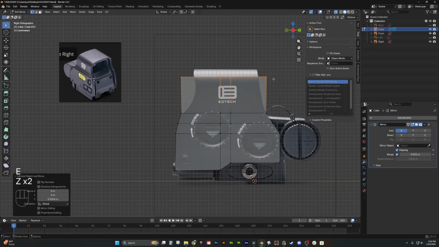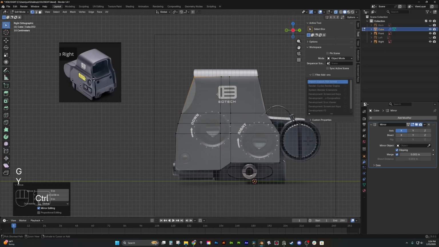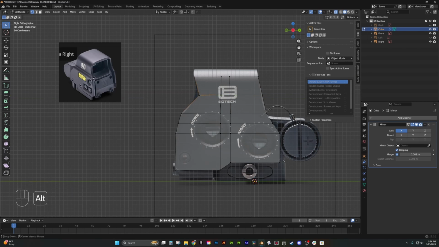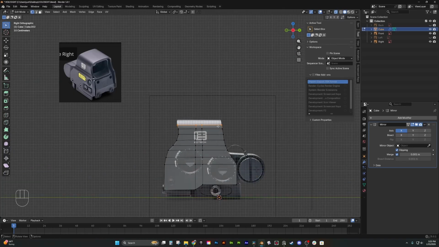I'll lift it up and let's scale it in on the Y axis. Bring these vertices in. And what we'll do is we'll add one control loop here. We'll bring it in, maybe even a little farther. And now we'll use Alt click to select the entire edge loop, and I'll press Control B. And now we're able to smooth out this portion right here. There's a little bit of curvature on this side, so I'm just going to use G and Y to bring each of those in. Once we match the side view,